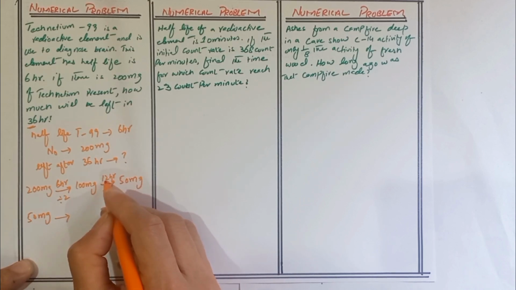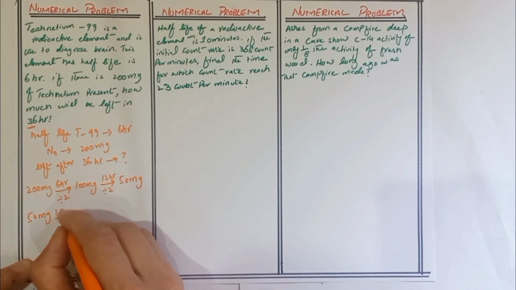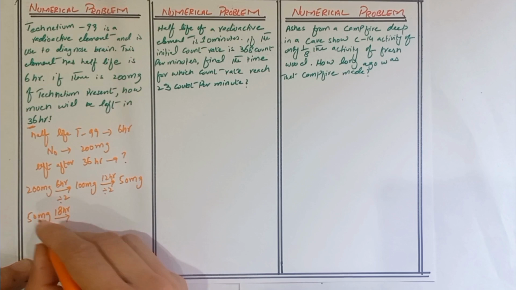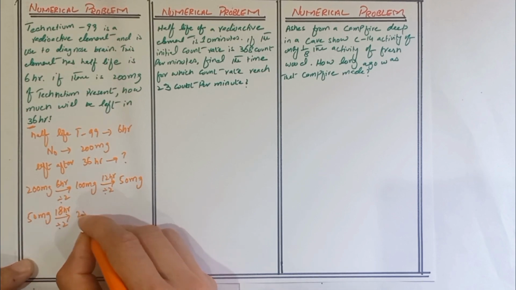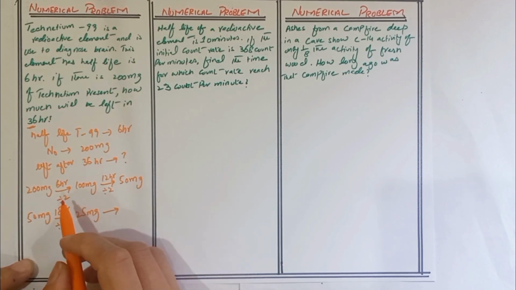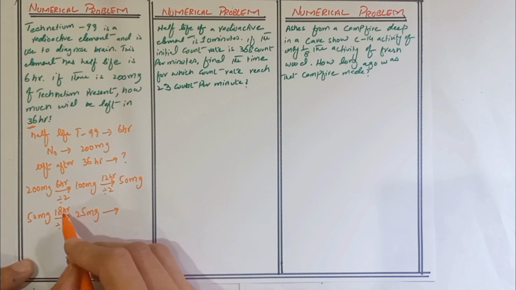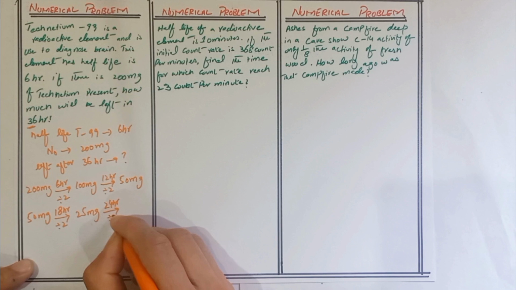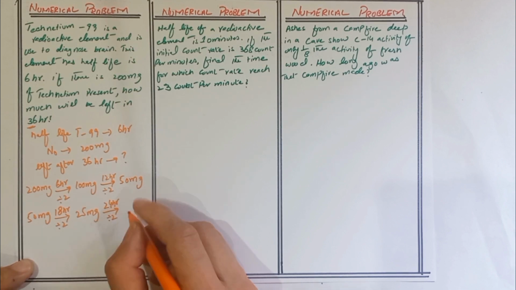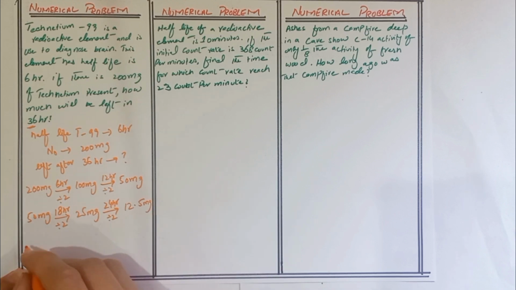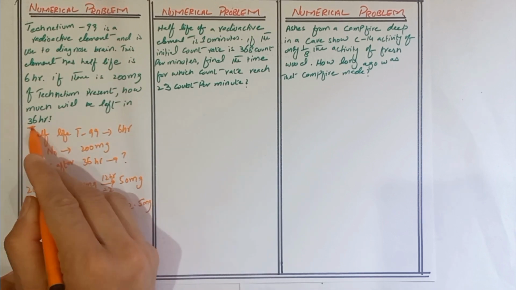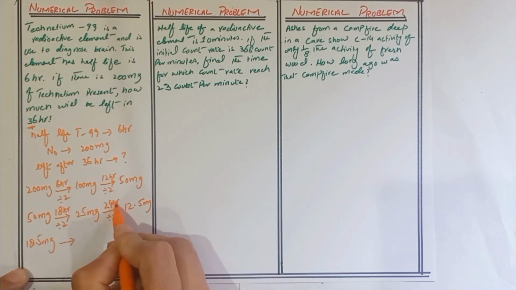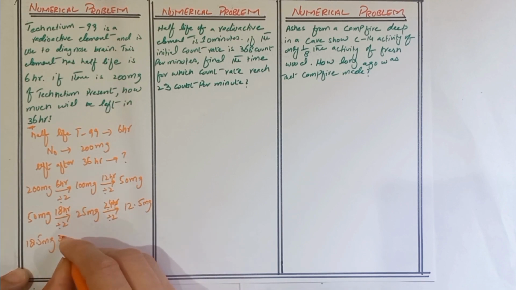After 12 hours, we add again the half-life of 6 hours. It becomes 18 hours. Again we divide this 50 milligrams and we get 25 milligrams. Then after another 6 hours, past 18 hours, we get 24 hours. Again we halve the sample and get 12.5 milligrams. 36 hours have not passed yet, so we add 6 to 24 hours and get 30 hours.